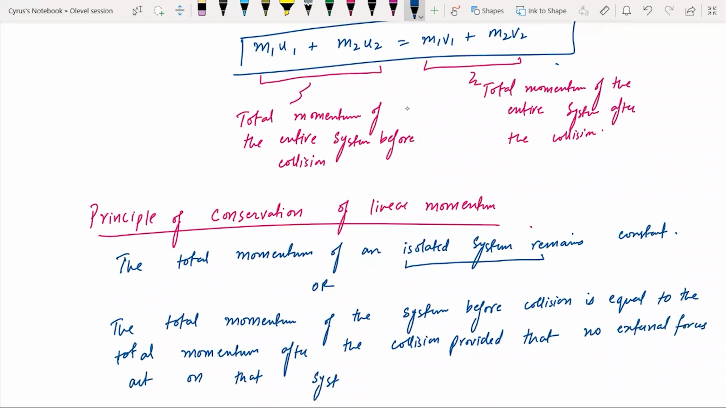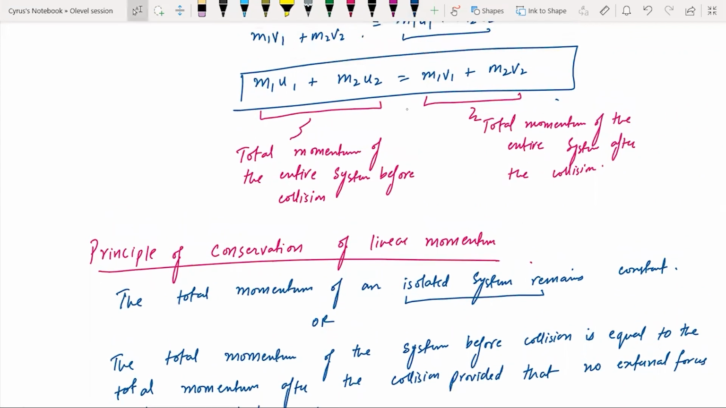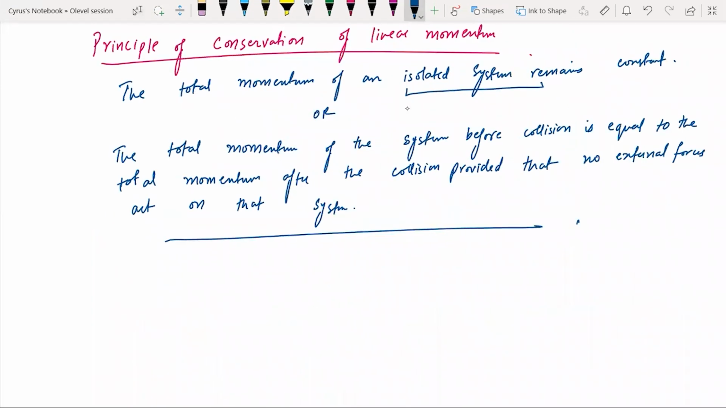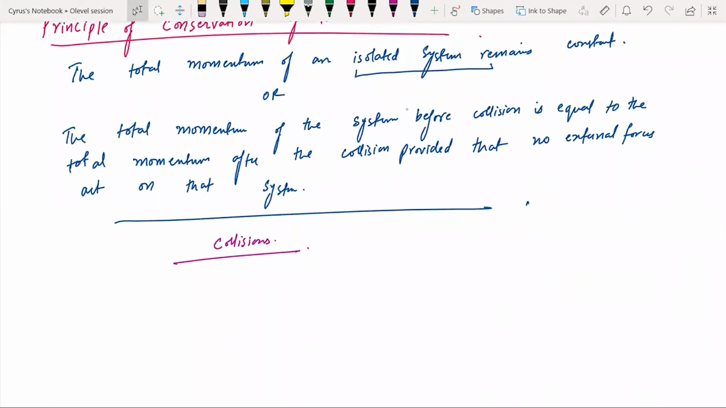कोई बाहर से फोर्स आके नहीं लग रही, और ये इक्वेशन जो मैंने आपको लिख के दी है ये बड़ी इंपॉर्टेंट है। अच्छा, अब आपको ज्यादातर क्वेश्चंस ऐसे आएंगे जिसमें चीजें will stick together, जैसे एक बॉल है दूसरी बॉल के साथ टच करती है और वो दोनों जुड़ जाते हैं।